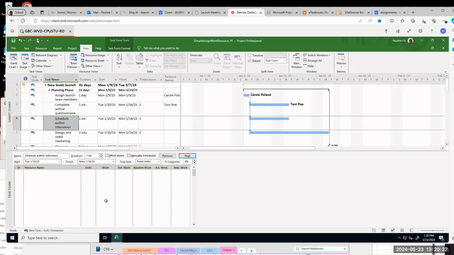Okay, in step 4, go to view. I will repeat step 4. Under split view, make sure you have a check mark for details and make sure you have task form here. And then right click your mouse here, select work. That is step 4.